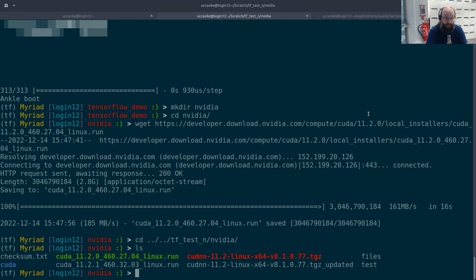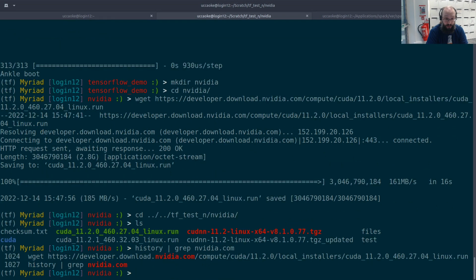So I think maybe I have to do it here actually. History, NVIDIA. No, sadly that is still the CUDA one. Okay, fine. Anyway, long story short, I have two copies of this, both downloaded from NVIDIA,